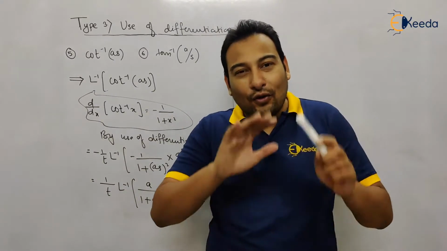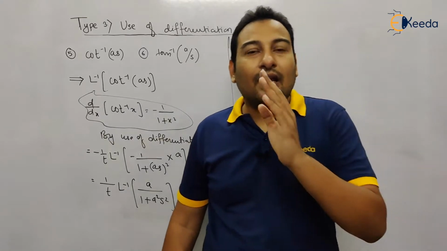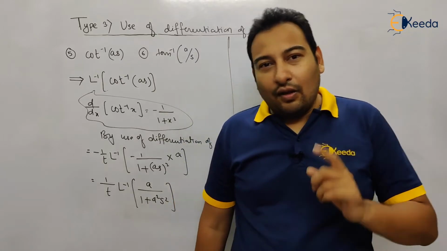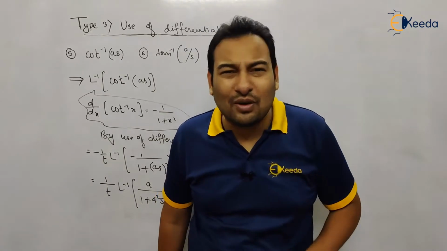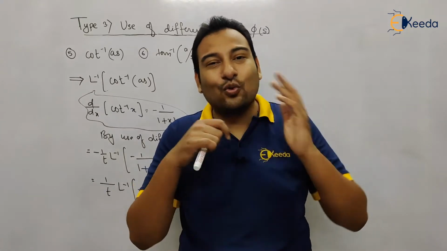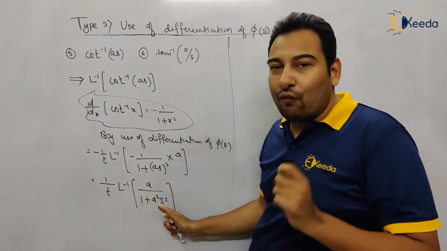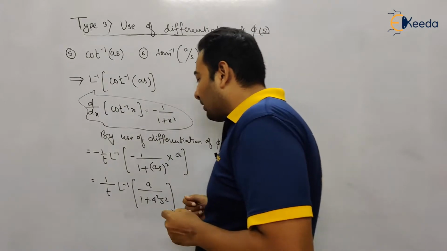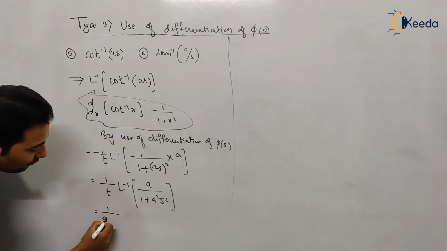If you observe all the basic formulas of Laplace inverse, in all the formulas, the s or s square coefficient is always 1. Go back and check. 1 upon s plus a, 1 upon s minus a, 1 upon s square plus a square, 1 upon s square minus a square, a upon s square plus a square, and so on. In all the formulas with s square, we should have 1. Therefore, here we need to take a square common, because with s square we want 1. Let us take a square common.